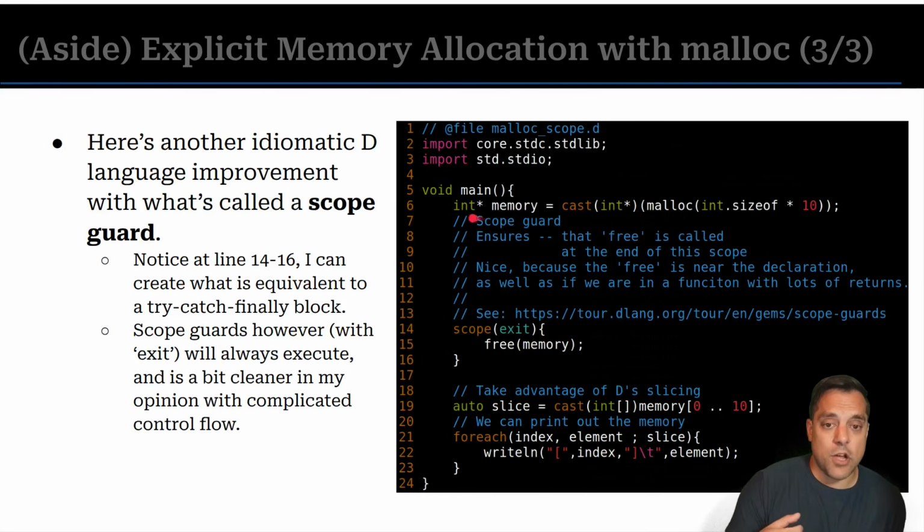it within this scope. So in D, there's this nice statement here, scope, which basically says at the exit of this scope. So what does that mean? At this curly brace. Well, where is its matching curly brace? Here at line 24. It'll call the free function here on the memory that you've allocated. In some languages, there's a statement here called defer. That's one way you could look at it. But in D, we have these scope statements.